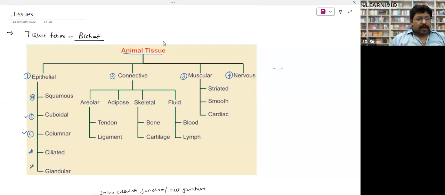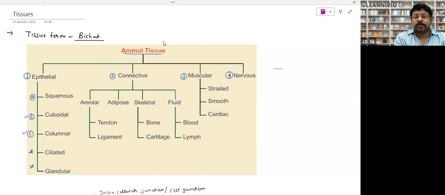So look, animal tissues can be divided into four categories: epithelial tissue, connective tissue, muscular tissue, and nervous tissue. Before going deep into this, I want to tell you some basic characteristics. Epithelial tissues are a packaging material. They make a cover of the body and a cover of organs. For example, our skin, which is a cover of the body, is made up of epithelium. The heart is covered with a membrane. That cover is called